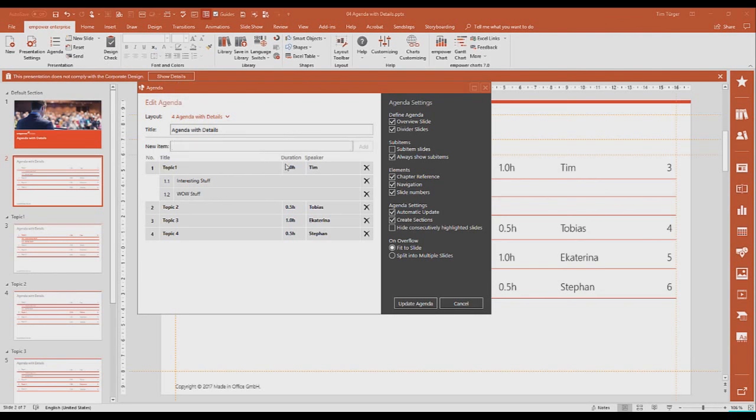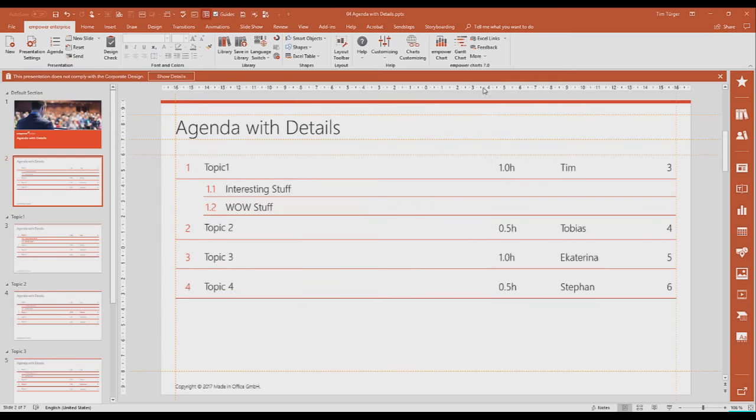Always the same way, you have a certain duration, you have a speaker, and whatever field is enabled due to the text that we use during the creation, you can also add additional information. And as you see, this will be automatically displayed. This would be a typical agenda, for example, for a longer meeting, if you're having a workshop with different topics